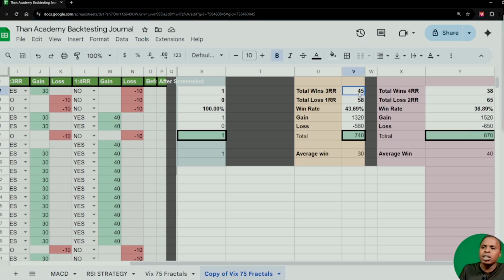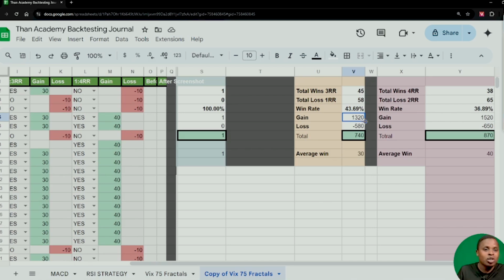In fact, we got 45 winning trades and 58 losing trades, right? Which means after all these trades, the win rate was 43.69%, which means this strategy is not a 100% win rate strategy, as I said, right? And also the gain on account was